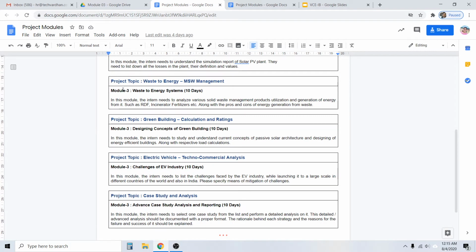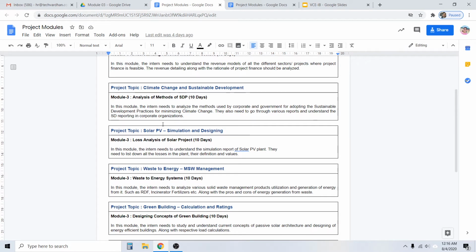Waste to energy systems. So when we set up a municipal solid waste management unit, inside that unit there are so many waste to energy processes going on. It's like generation of RDF, incinerator, fertilizers, generation of electricity and all. And it's not like that is starting right now. There are so many different countries also, they have so many processes inside the waste management unit. So you need to go through and find out what are the processes which are there for waste to energy systems. Okay,